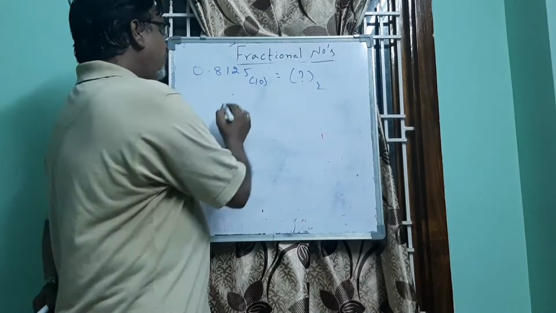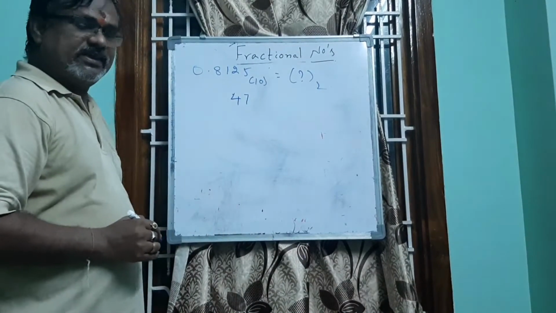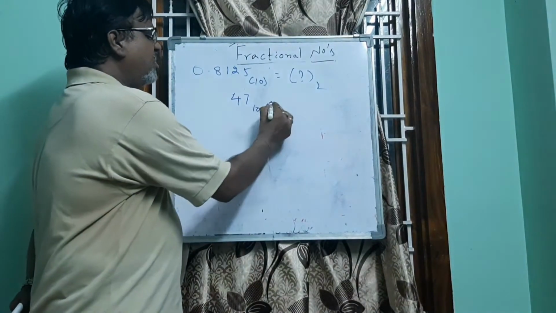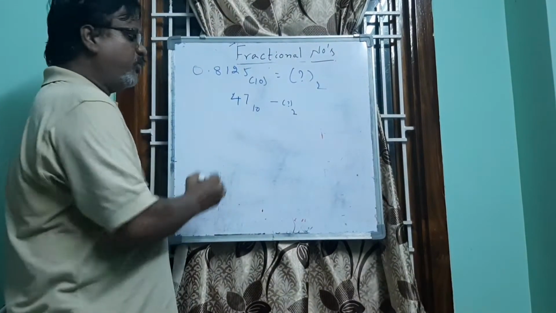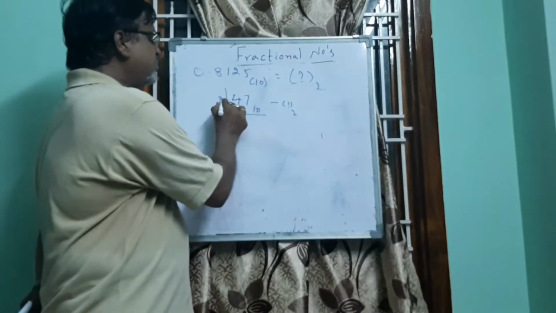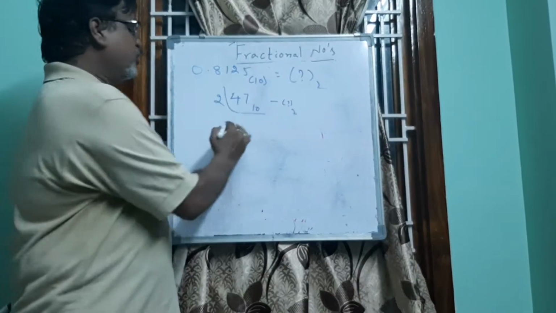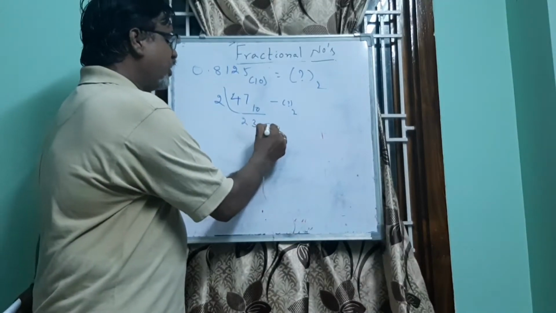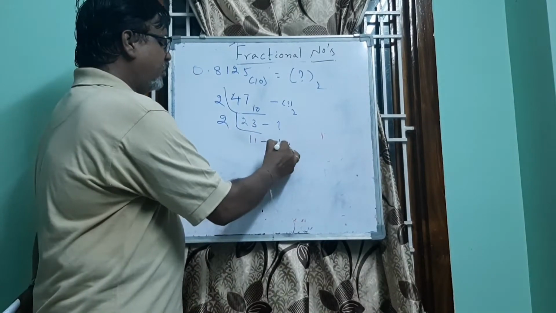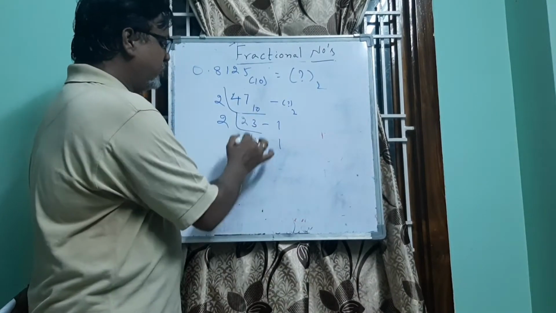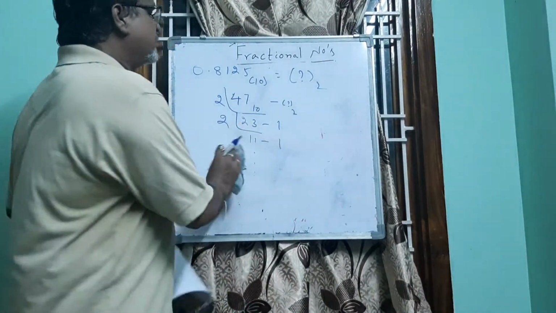You know very well that if you take a decimal number 47 and want to convert it into the equivalent binary value, what are you doing? You are dividing it by 2. Dividing with 2 gives 23, and you write the remainder here. Again by 2 gives 11, remainder here. Like this you do till you get the quotient as 0. But here it is the reverse order.